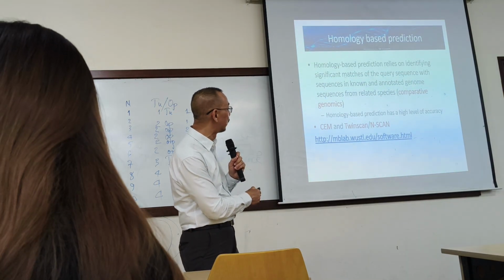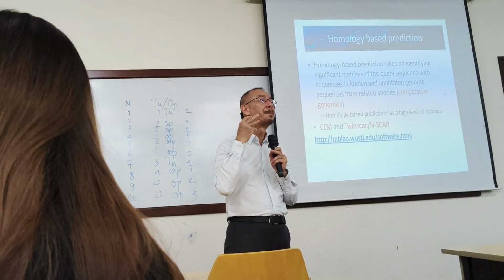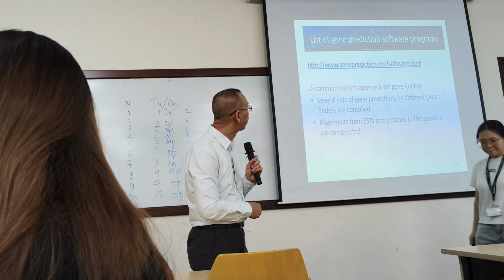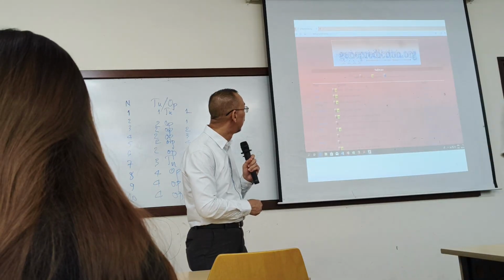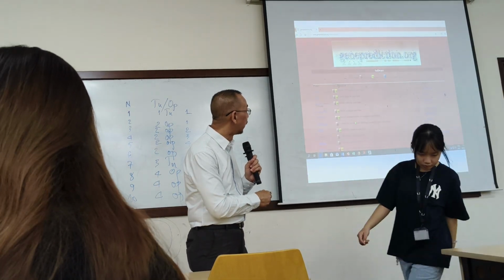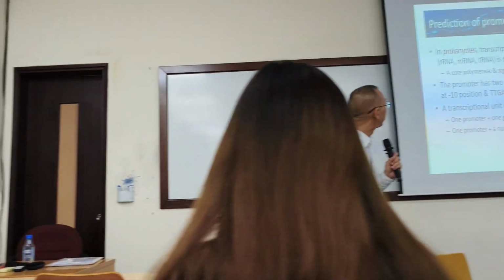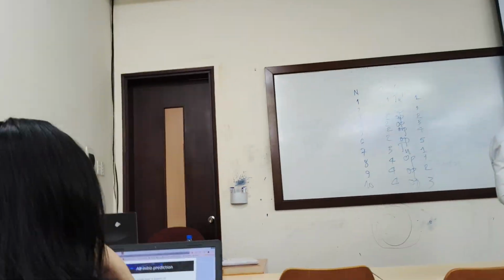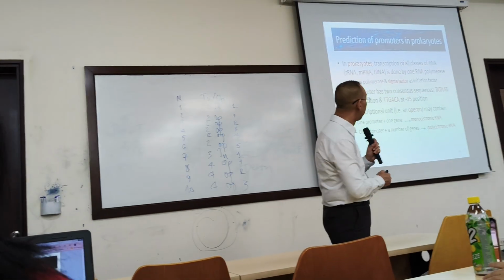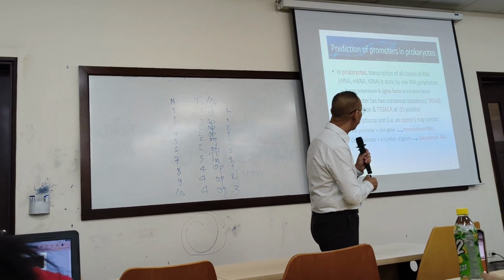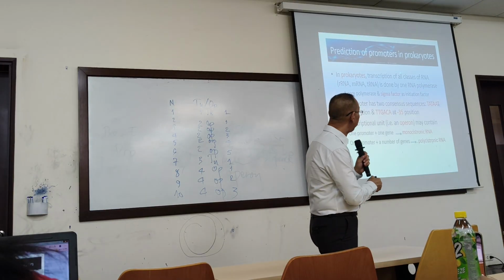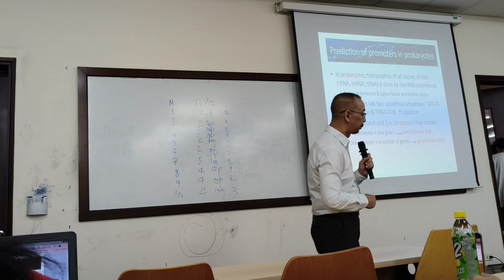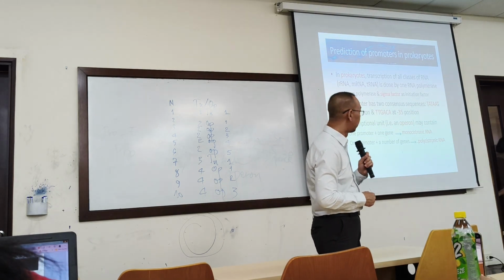Made to create similar to blood shot that are homology based prediction. So we use many programs for gene predictions. But gene prediction predicts coding regions only, which is not enough. So we need the other one, promoter prediction. And promoter prediction in prokaryotes is based on the consensus sequence